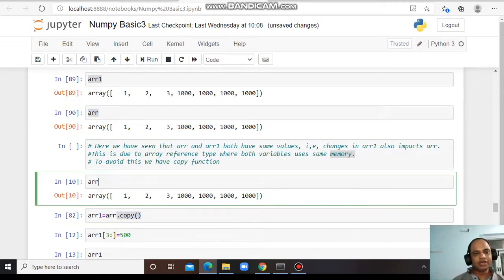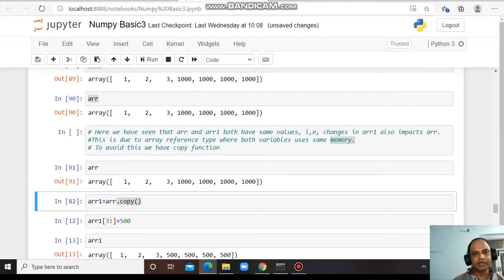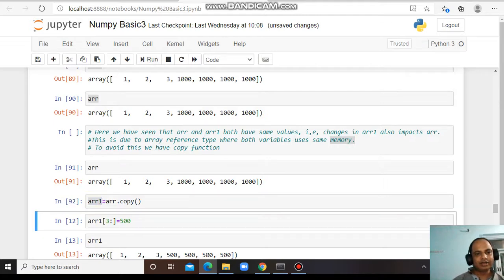So the array has 1 and so on. Now I want arr1 to be a copy made by using the copy method, assigned to another variable arr1. After that, I assign 500 from the third index to the end.